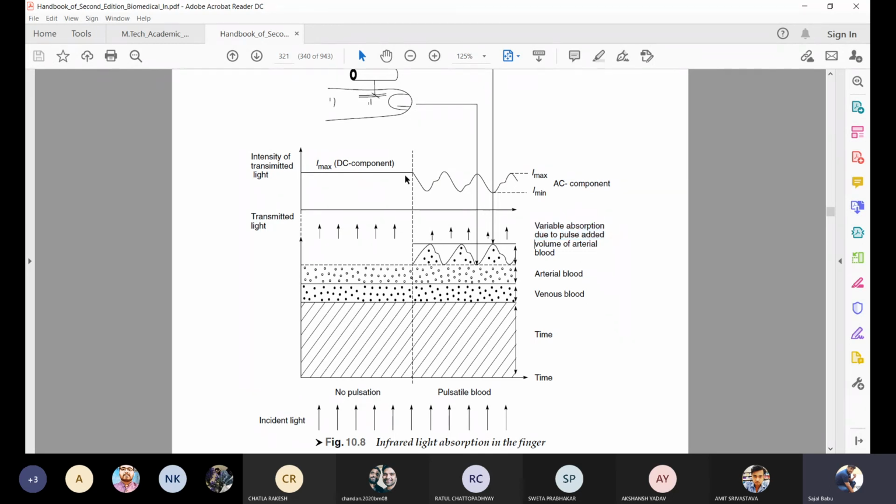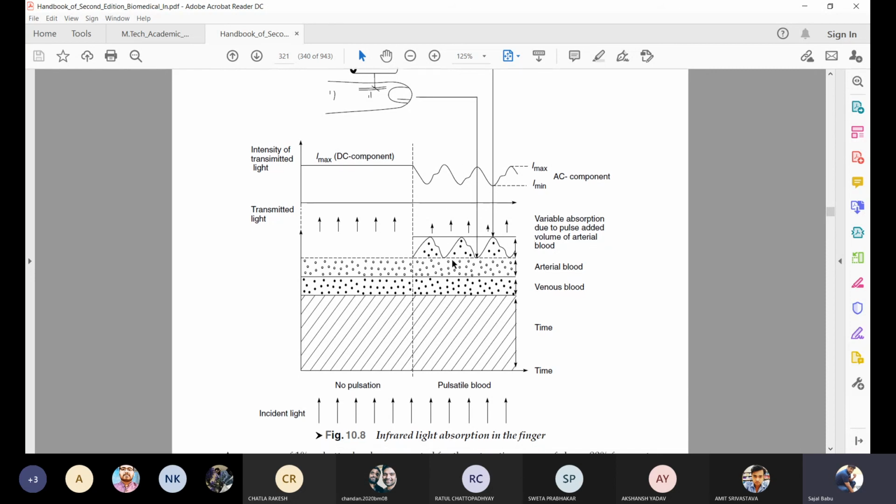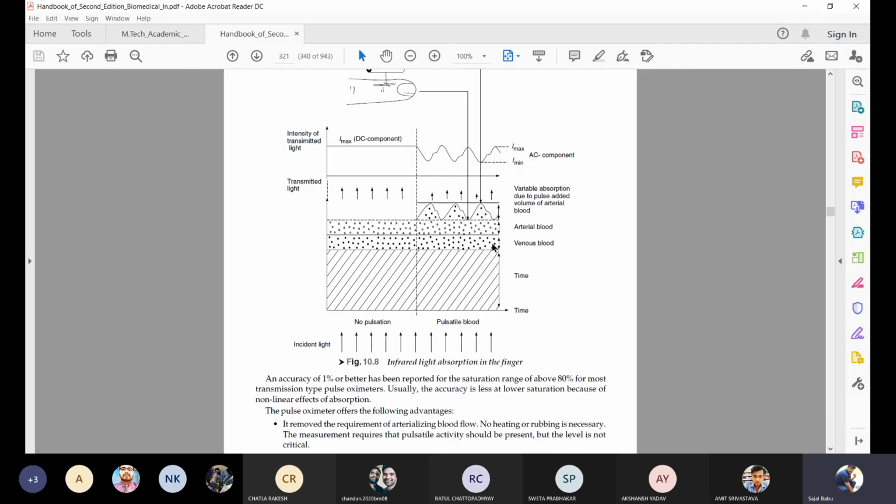The Imax will be constant here because here I am emitting the light. This light passes through my skin pigments, bones, cartilages, all these things. There is no variation, and the same value will be received by the detector. So it is getting a constant value. My photodetector is getting the constant value, and this time my light is being transmitted through the arterial blood, so there is a difference in the value that my receiver is getting, and depending upon this pulsating value the pulse oxygen will be calibrated. Okay, so have you seen the waveform here?